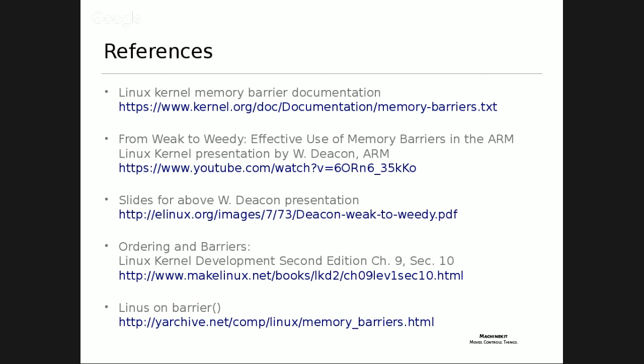Then there's a couple other links down there, generally about Linux kernel development. The second edition had a good chapter section on memory barriers, and Linus commented on the compiler barriers. I was mentioning the compiler will move your data around a little bit. There's a barrier macro, the barrier bracket, available in Linux, and Linus talks a little in that email about why that's there and how to use it, and the fact that it does basically turn into a no-op on most